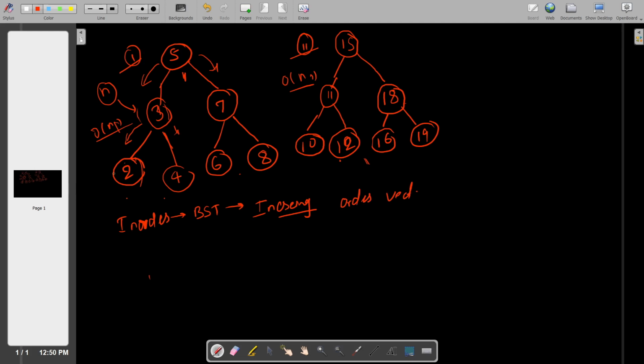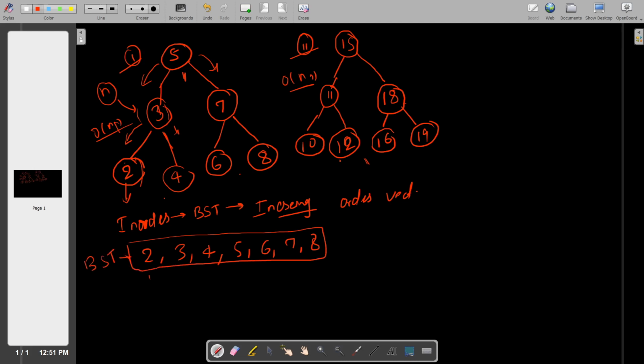Like that, if we do the in order traversal of this binary search tree, so what is the in order traversal? In order traversal is 2 3 4 5 6 7 8. This is an in order traversal of binary search tree 1. And as we notice, the in order traversal of any binary search tree gives the